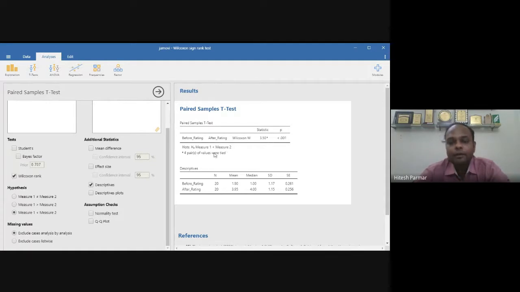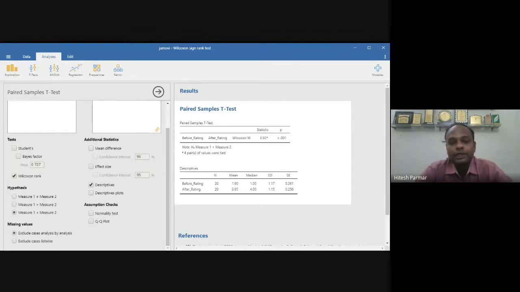Measure 1 is less than measure 2, right? You get the same p-value, but obviously the test will be a one-tailed test here, because you are interested in whether the improvement is present after treatment. And if you do not have the descriptive statistics, mean rank and everything, only on the basis of W, if you wish to give the final judgment, then you can alternatively rely on a one-tail test. Measure 1 is less than measure 2, and then you can test it like this.